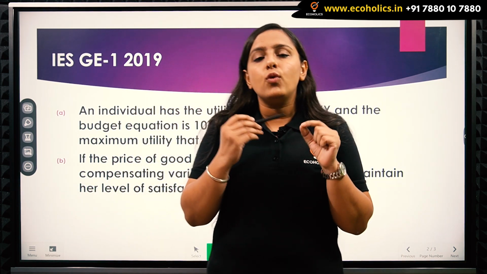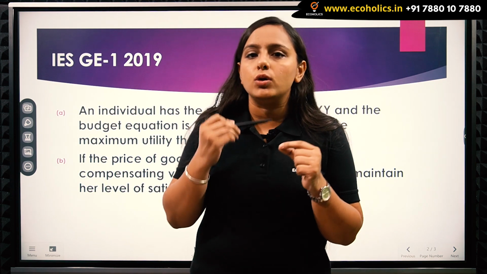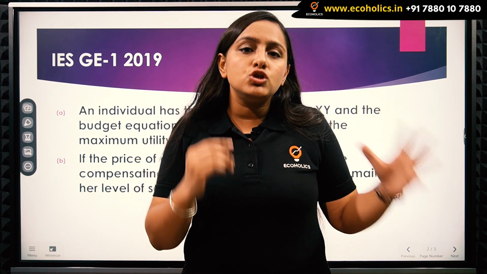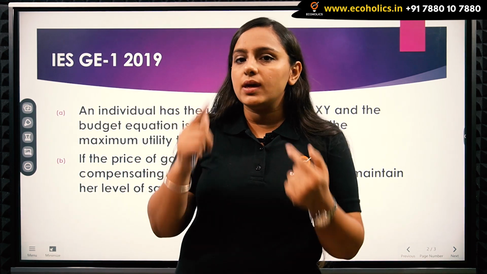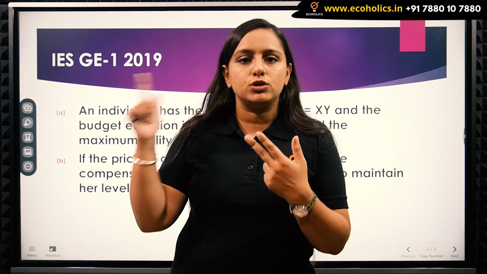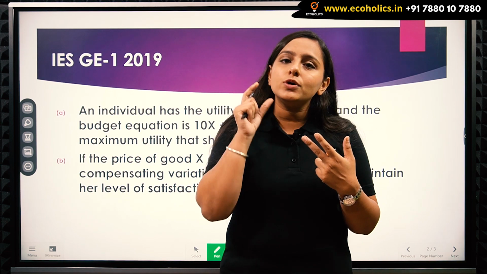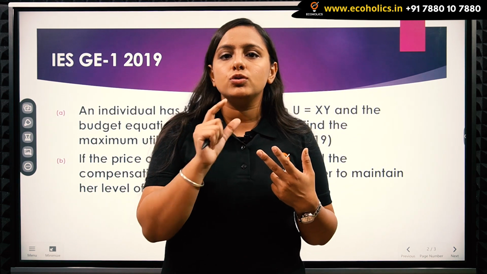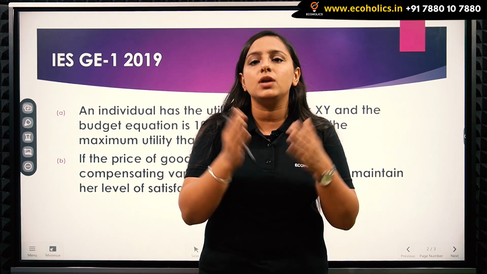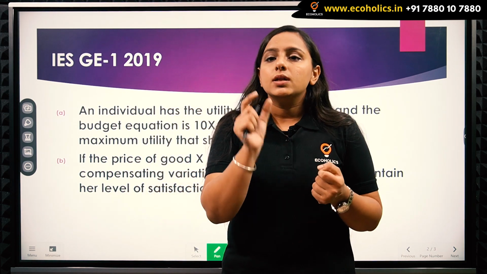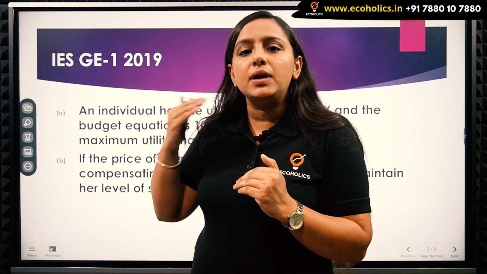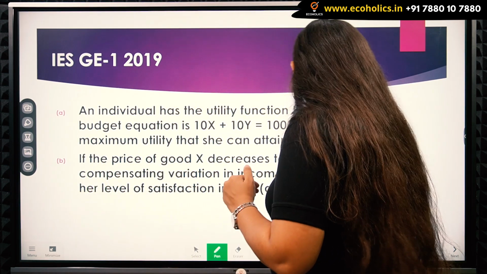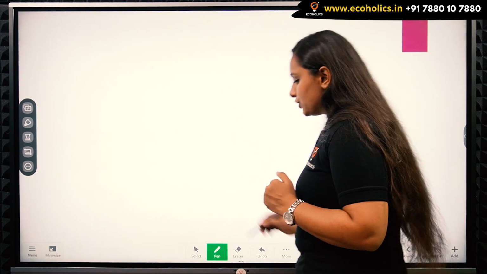Whenever we want to keep our utility constant, we will be consuming the same bundle of goods. That is, we were consuming X 50 units and Y also 50 units. So I want to consume that amount of goods so that my utility will remain constant. But I want to find that variation in income, that change in income which I need so that I can maintain that level of utility. So let's just see the solution.